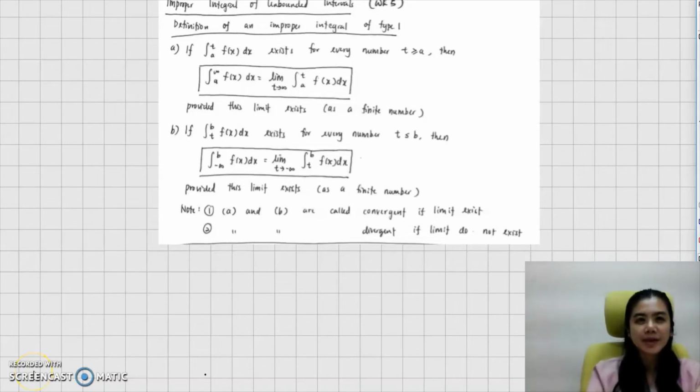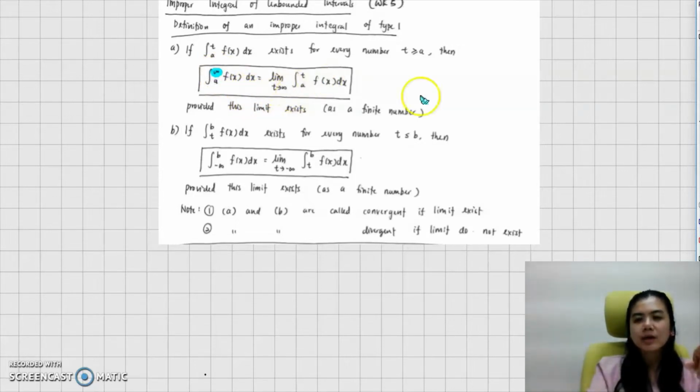So today we're going to look at the improper integrals of unbounded intervals. There are two types of these improper integrals, and in this video we'll focus on type number 1. Let's look at the definition directly. When you are seeing an infinity in an integration,